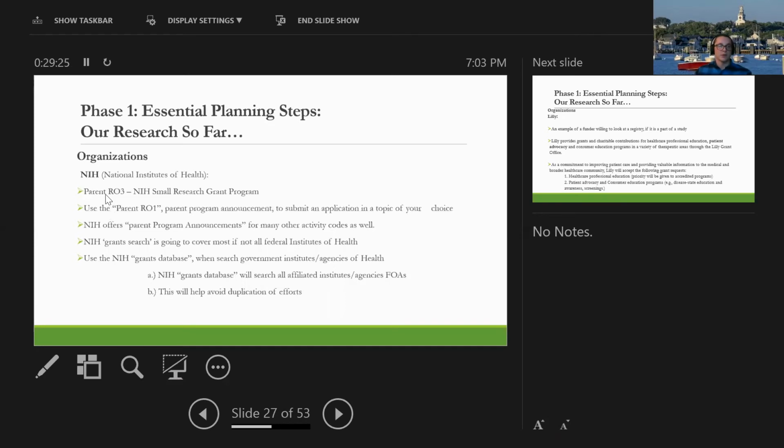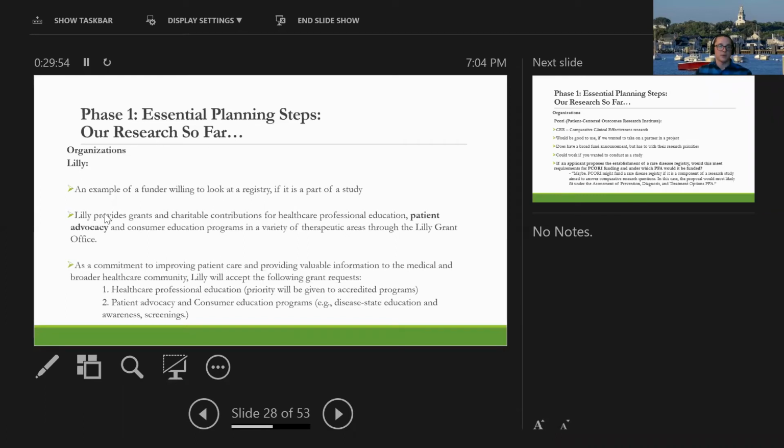And we just kind of break down those. So in the federal world, we call them FOAs, funding opportunity announcements. Don't get bogged down with this. This is a whole world within itself. Parent R03s and R01s, this takes hours. Don't get bogged down with that. It's just a real snapshot of what it could look like if you're targeting a federal agency. NIH is huge. It has its own database. Just be prepared to get some coffee and do some reading.